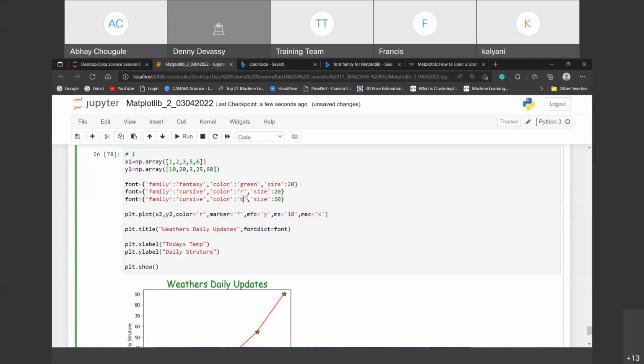Here I'll pass blue, and size is suppose 10, and this is my font 1, font 2. So you can pass like this one, copy it, pass it into here, pass into here. So this is font 1, this is font 2. Yeah, the same. So for the X label and Y label also I have shared that font family, and here also I have shared title purpose also. So if I execute